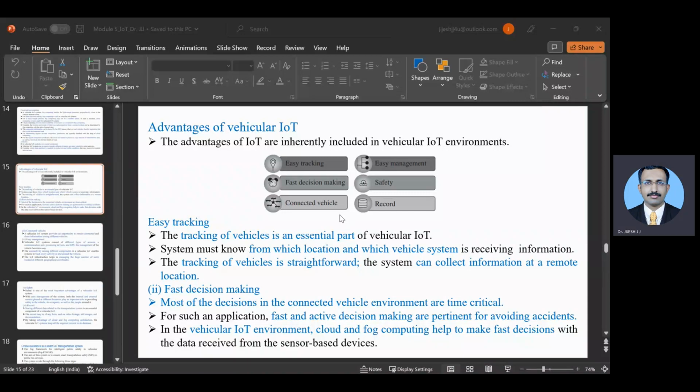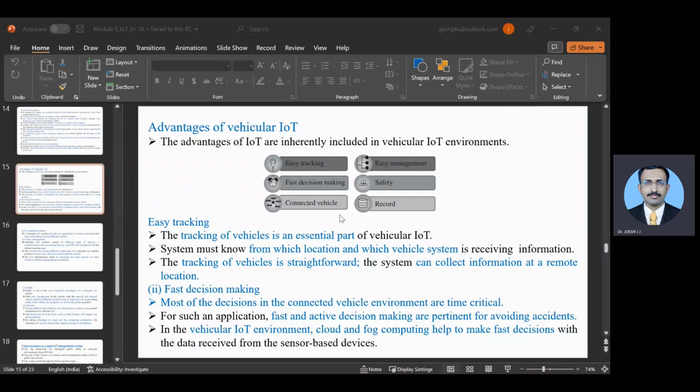So what you can see here, in the fog environment or the cloud mode of operation, you can have this Fog Whisper. What is the aim of that? The aim of this system is to ensure a smart transportation system, and the system works through the following steps. Let us see the three steps.